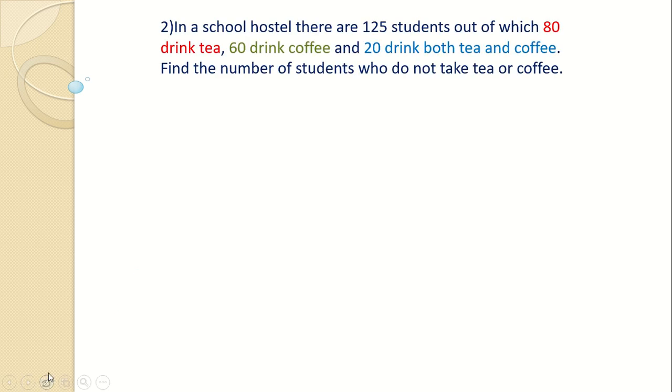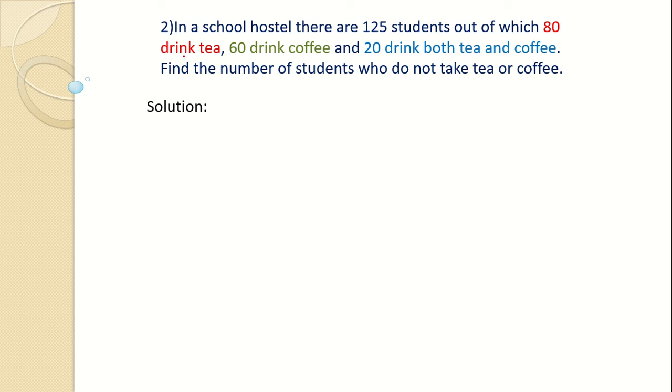Now we come to the word problem. While solving the word problem, the most important thing is you should understand what is given in the sum. You should understand what is given, whether intersection is given or a union is given, and what you are asked to find. And then next is the formula, and the formula is just the same that we just saw, N of A union B and all that. That's it.